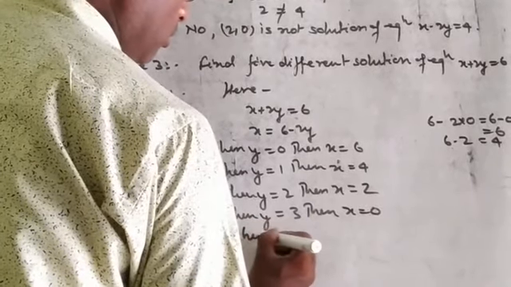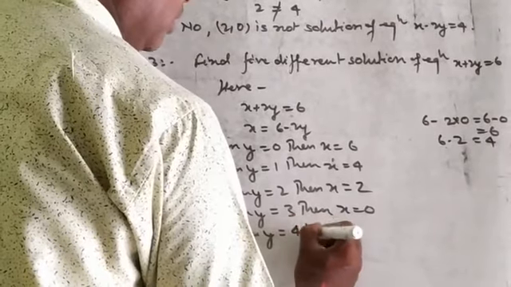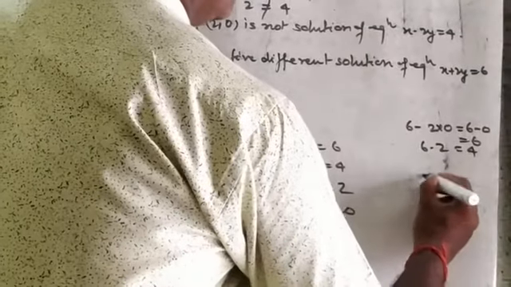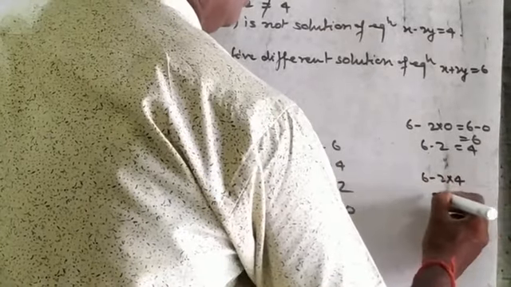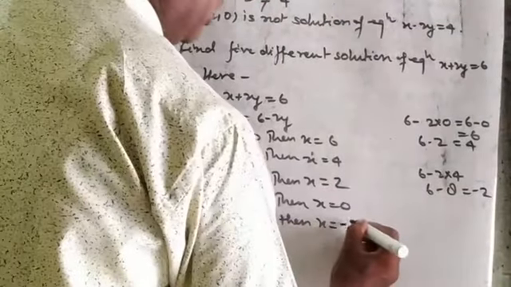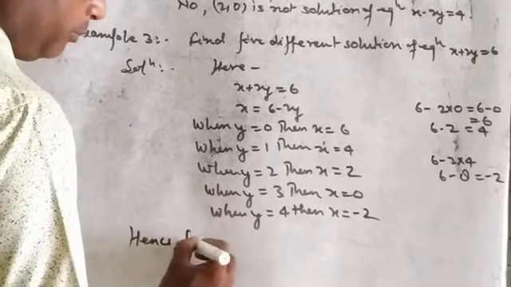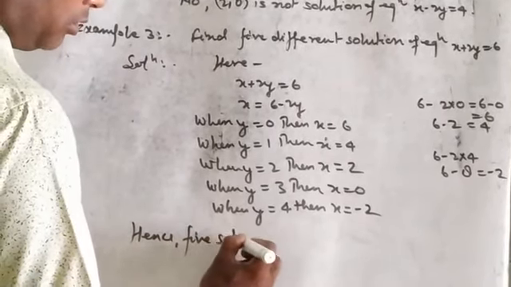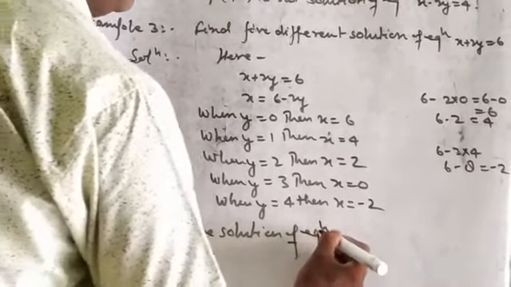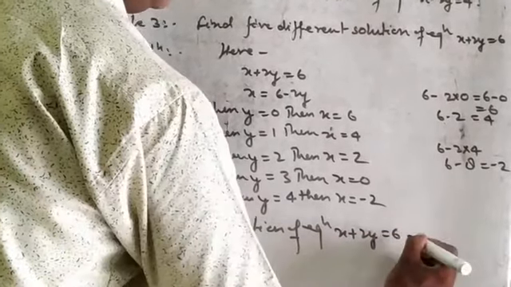When y is equal to 4, then x is equal to 6 minus 2 into 4, 6 minus 8, that is minus 2. X is equal to minus 2. Hence, 5 solutions of the equation x plus 2y is equal to 6 are,